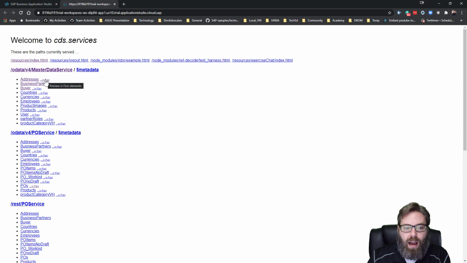When I run these out of the box with the basic service and the modeling we've done, we've only really done the bare bones Fiori elements annotations. We've done just enough annotations in most cases to define a language-dependent column header or description for each element, but we have not done the rest of the UI specific elements. So when we run the Fiori elements preview for addresses, for instance,